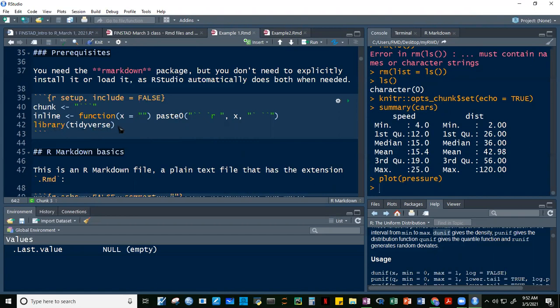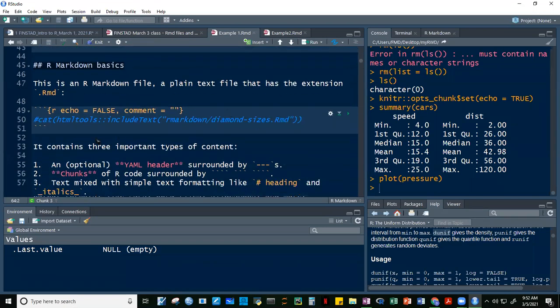There's really no output from that. So this is just for setup. The nitty-gritty details we'll explain later. But I just wanted to point out that include equal to false will still run this code, but it won't put the code or any printed output into the HTML or the Word file. Okay, so here we have, guys,